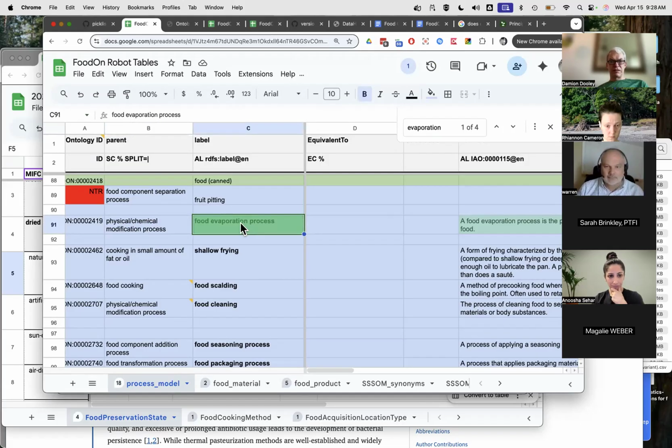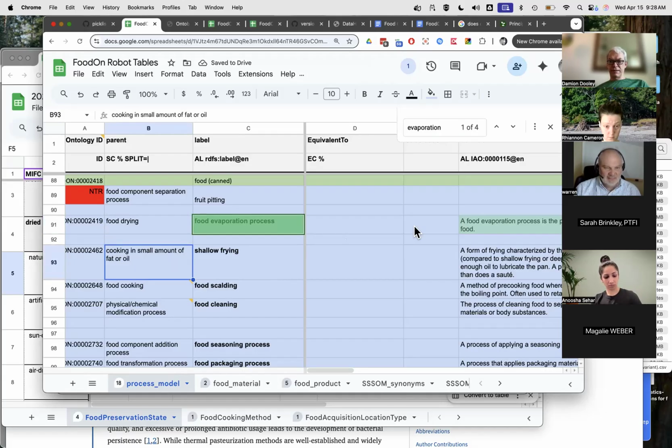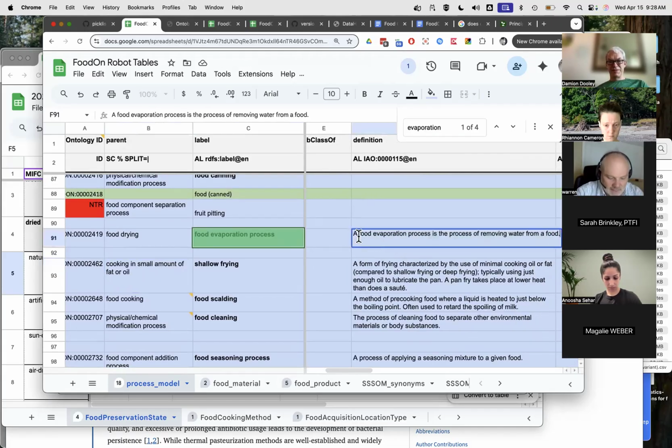So food evaporation will be under food drying by mechanism, and food evaporation process. We would say now a food drying process involving